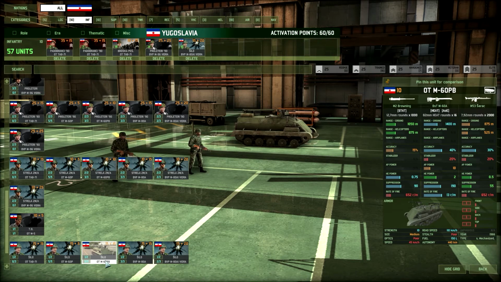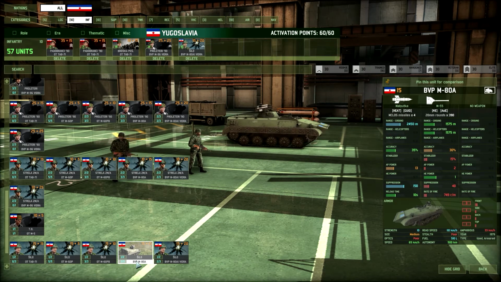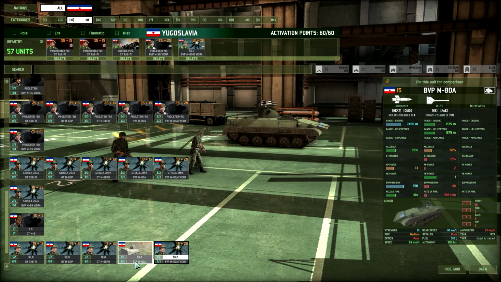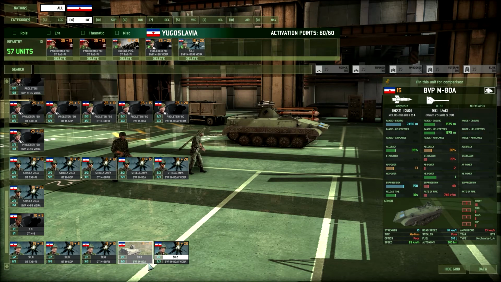However, if you already pay 10 points for this, you might as well take this unit. For 5 points more you get 3 front armor. Now the reason why I have taken the more expensive Vidra, this one, is because the autocannon has 250-meter range, more than this one, and also more AP power. You can see 3 AP power and also a better stabilizer and also better Malyutka, but actually the